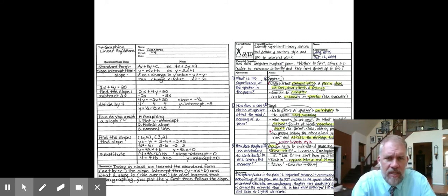So you can see this one. It has your objectives and the class date and all that stuff that's up there at the top. The essential question, if I were to have an I can statement for you, that's where that would go. Your I can would be there. Over there on the left side, you got your questions and thoughts.